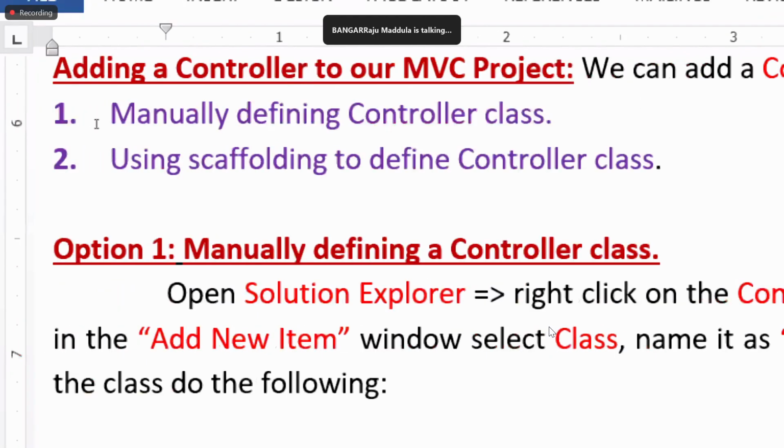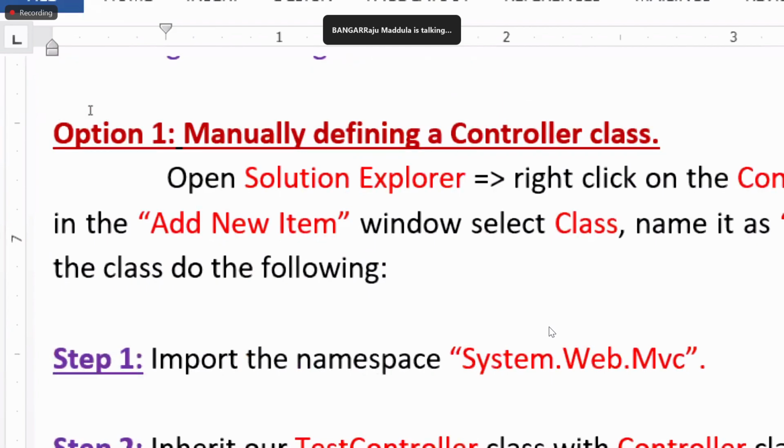Two different ways. Option one, that only I showed you now. Option two, the scaffolding is an automatic code generation process. I'll show you that also. Hold on. First,